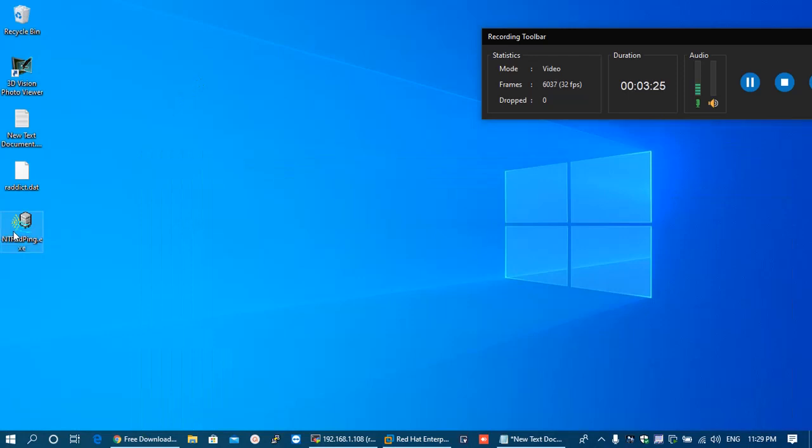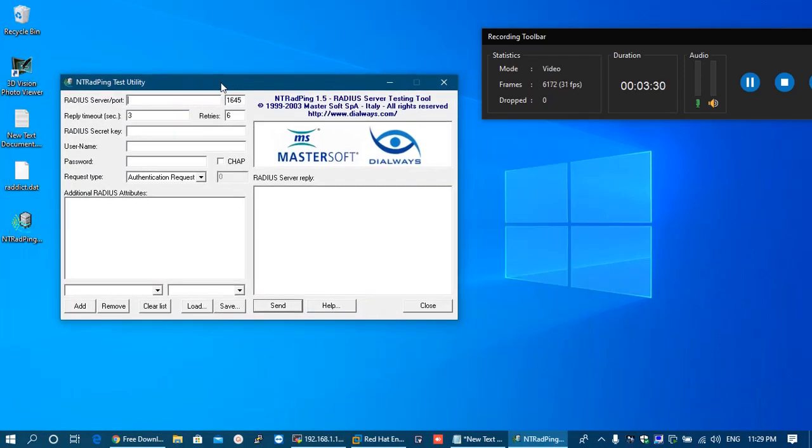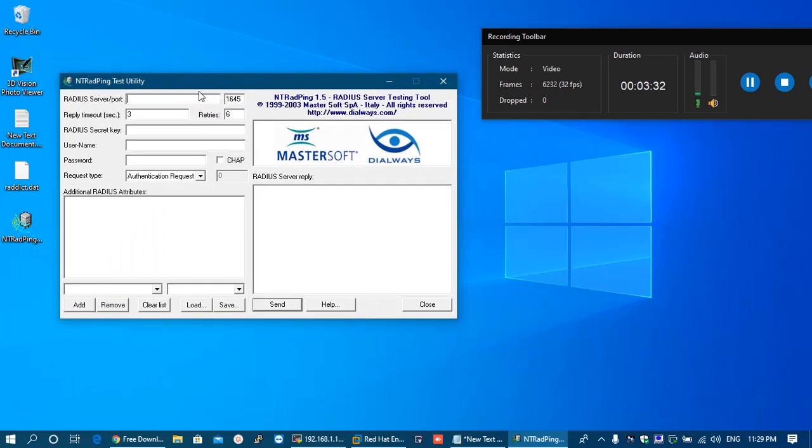So this is the tool. Here we will check the working of our FreeRadius configuration. Here we have to mention the IP address of our server where we have configured the FreeRadius, 192.168.1.108. The port which we have specified, that is 1812.